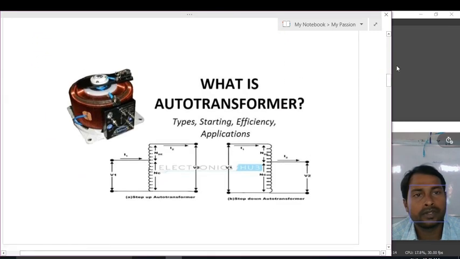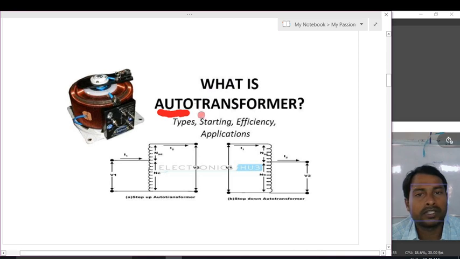First of all, what is the definition of an auto transformer? We know that auto is nothing but self. So the transformer itself acts as a voltage changer, a variac. It automatically varies the voltage by itself. There is no separate provision to change the voltage; the transformer itself changes the voltage from one level to another according to our need. So this is the auto transformer.